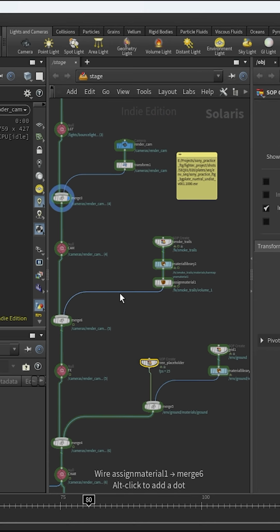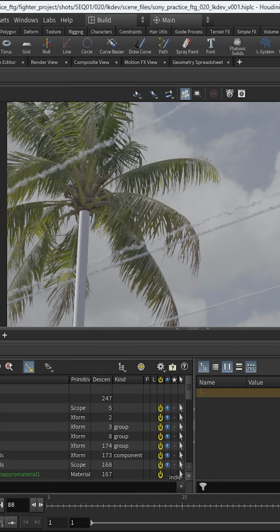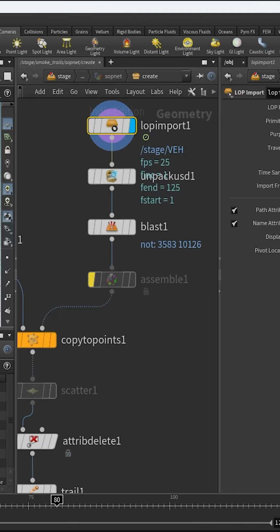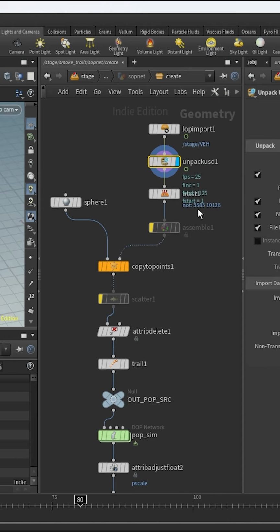To do that, I created a tree placeholder so I can match my camera to the real-life camera on set that day. I knew I shot with a 50mm lens, so I left my camera settings at 50mm and an aspect ratio of 16:9. To create my smoke trails, I imported my planes, then I unpacked my geometry, blasted the